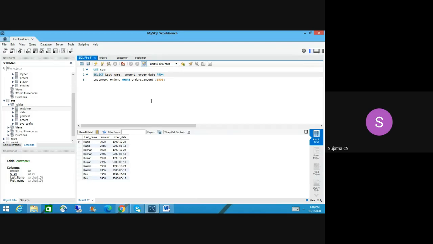So irrelevant data we got here, right? To avoid that situation, what we have to do is use orders dot customer SID equal to customer dot customer SID. So you have to give that parameter. Then only you will get nice return values. Okay, so this is the Cartesian product.